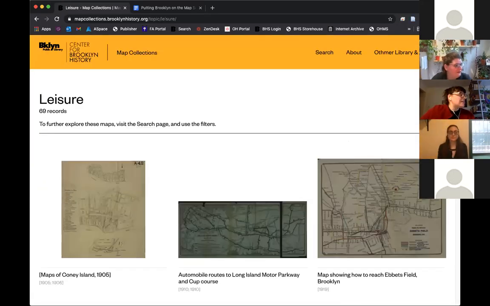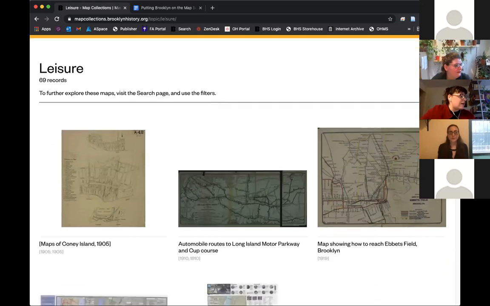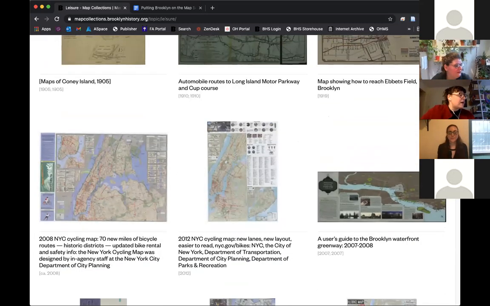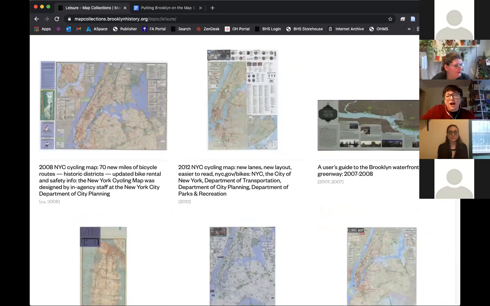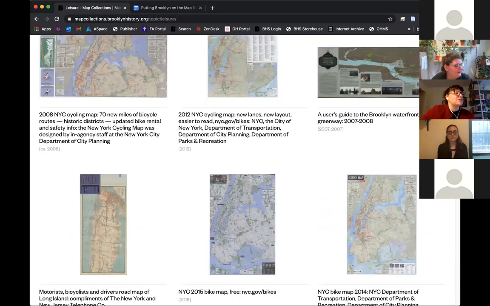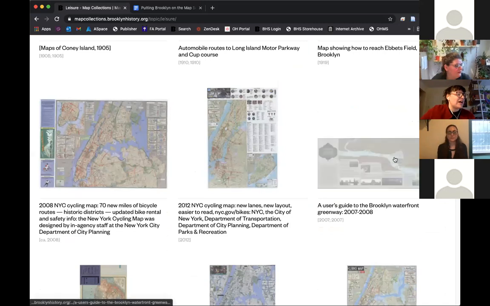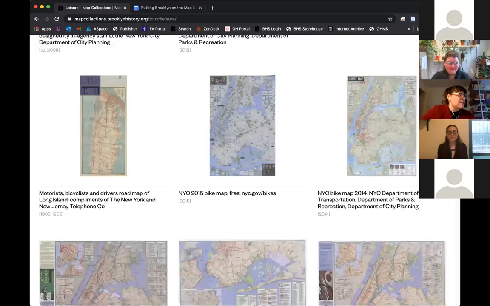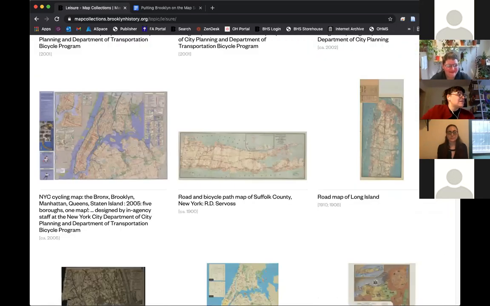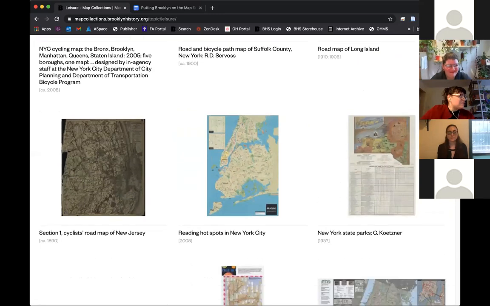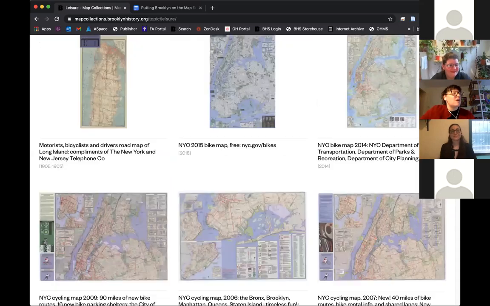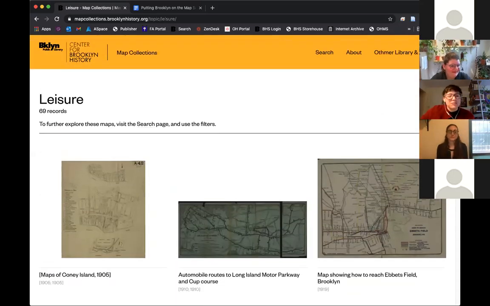we can see this is just a simple browse where we can scroll through. Really, these are any maps where our data has said that in some ways these are leisure maps. So we can see we have a user's guide to the Brooklyn Waterfront Greenway. We have biking maps. We have driving maps, reading hotspots in New York City. So if one of these topics piques your interest on the homepage, this is just a place where you can start exploring. So returning to the homepage,